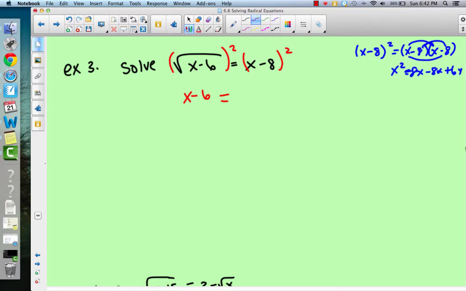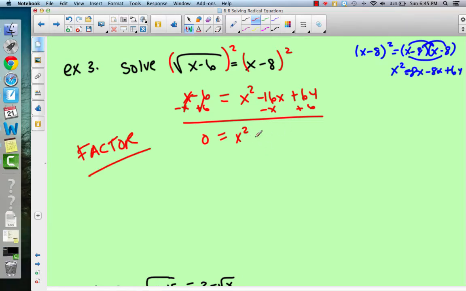So over here, we're going to get x squared. Combining my like terms, I get negative 16x, and then positive 64. And now I can start moving everything over and solving for x. So what I'm going to do is add 6 over to the other side, and I'm going to subtract x over. I'm doing two things at once. If you need to go back and ask me why I did that, please just feel free to stop me. But I'm going to get 0 over here because everything on the left canceled, and I'm left with x squared minus 17x